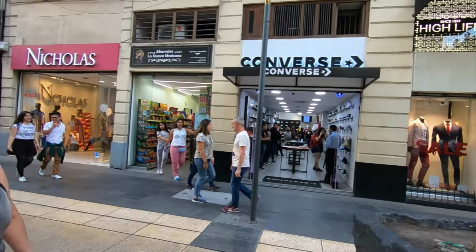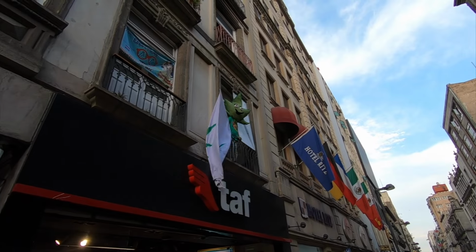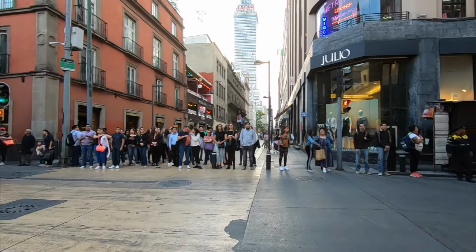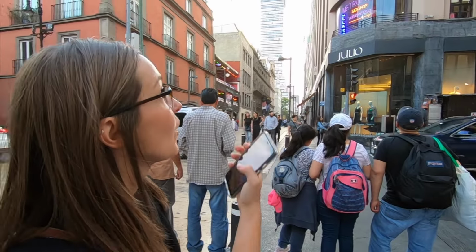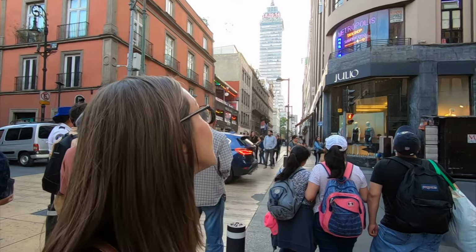In case you're wondering, I don't know what calle this is. What is this? It doesn't matter, but this is like Madero. Turista Central, man. Like, every shop you can imagine, there's people doing shows and decorated characters that you can take a picture with. Wow. This is crazy. I feel like I'm in Europe. Technically you are. Except there's a sex shop. It says sex shop, so...